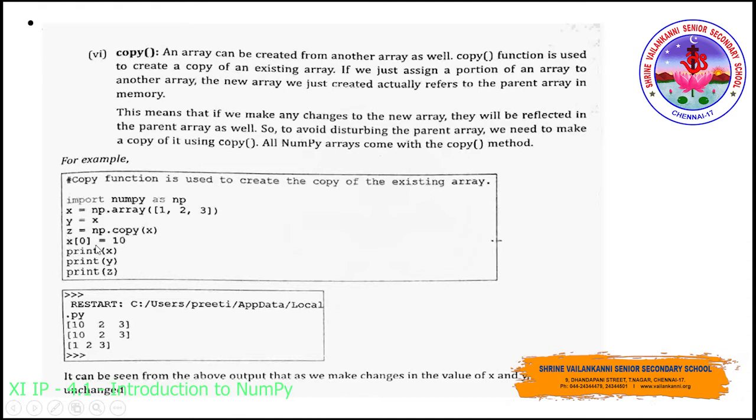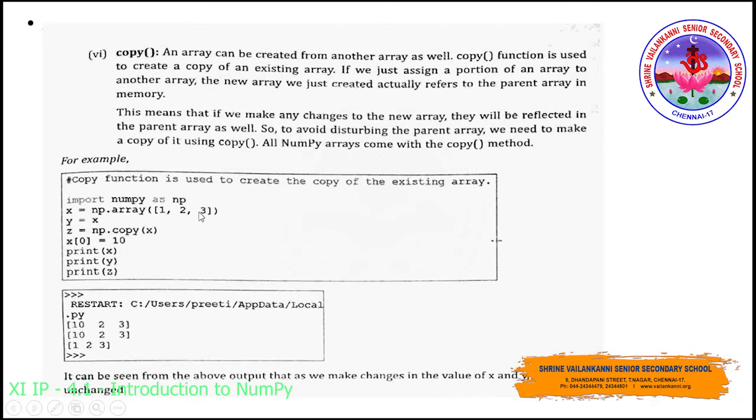And now x of 0 equal to 10. So x of 0 equal to 10 means the value 10 will be assigned to the variable x, in which position? In the 0th index. So in the 0th index we have 1, so this 1 will be replaced with 10. Clear? So there will be a change in the value in the variable x. Instead of 1, 2 and 3, the value will now be changed to 10, 2 and 3. And when you print x, what happens? See, 10, 2 and 3 gets printed.